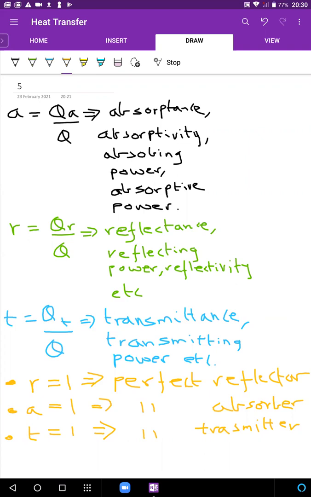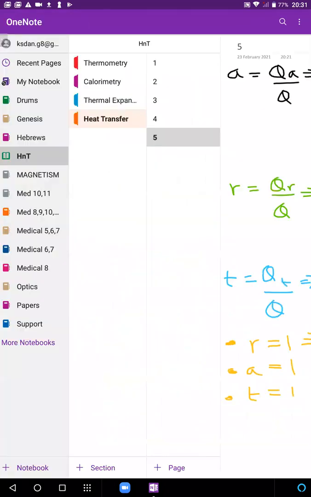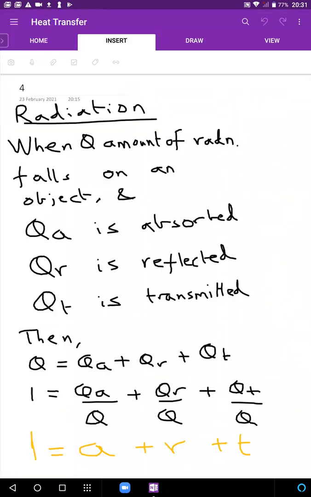That's the idea. A perfect transmitter just perfectly transmits heat. Oh, one of you is asking, what's the difference between transmitting and reflecting? Okay, sorry. I didn't maybe mention that. Should I go to the first page itself?